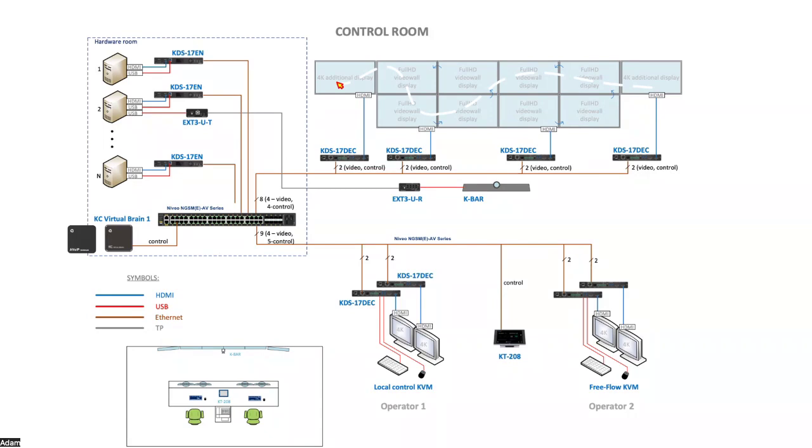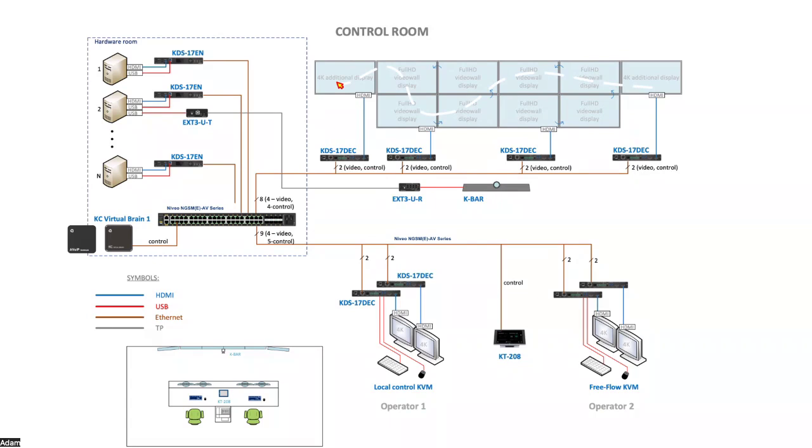So first, we have a video wall where we actually used a limited number of decoders and the daisy chain built inside the video wall monitors to display the signal over the video wall. So only 4 decoders actually to power up 10 screens. Then we have operator stations, where the operator can locally preview what's going on in terms of the sources, but also, thanks to the keyboard and mouse, have access to the sources remotely. And everything is done through KDS 17. So encoding, decoding, and KVM support, and also access to the video conferencing equipment, which is quite cool.